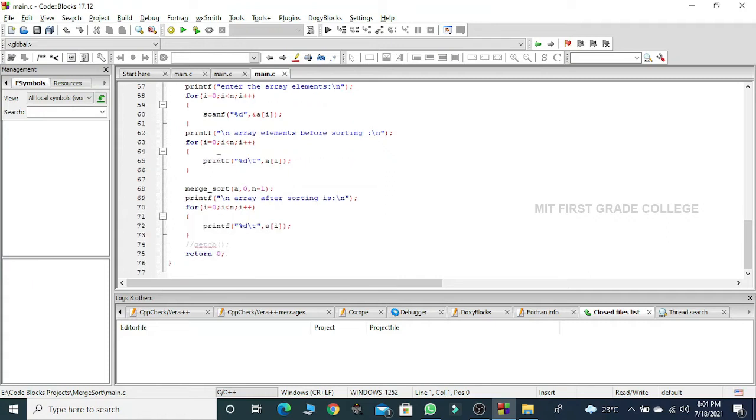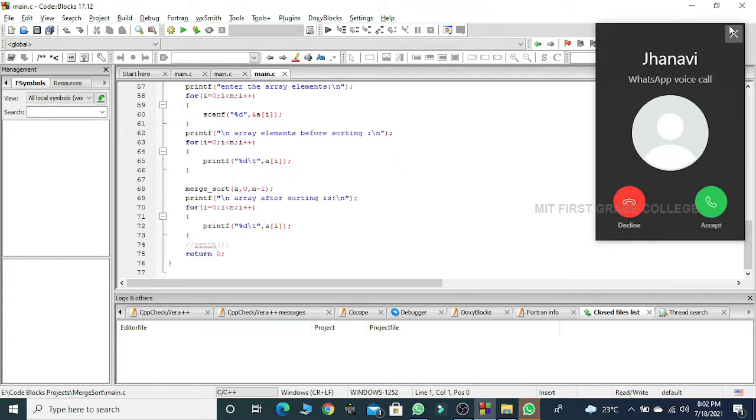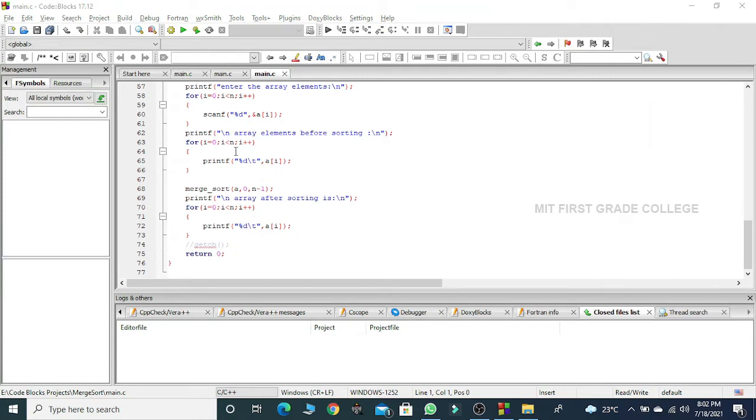Once it's given, I print the elements of the array as "array elements before sorting." For printing purposes also I use the for loop. The loop control variable I is assigned 0. The condition I less than n will be checked.